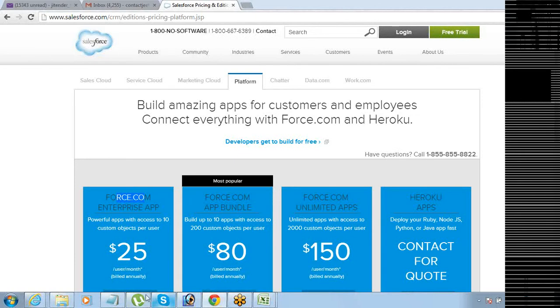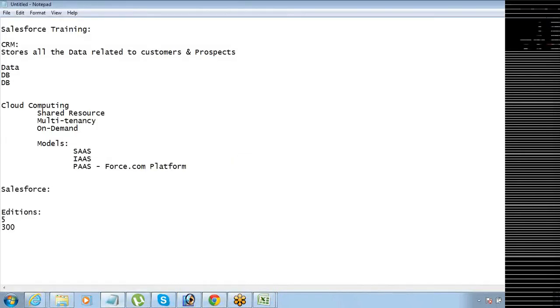No, see what is happening. Infrastructure anyhow you need. Hardware space we need anyhow, so that is common. You have a choice between SaaS and PaaS. If you go for SaaS for an enterprise application, you will pay $125. If you go for PaaS, then for enterprise edition, you will just pay $25.